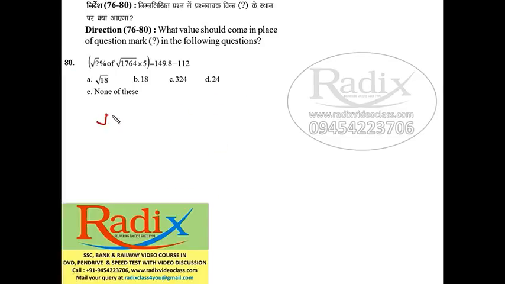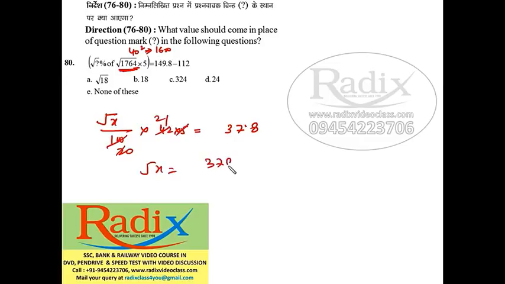See, this is under root x percent, which means divide by 100. Now 1764. See, 40 square is 1600. This is 1764. Last digit is 4, so it would be 42, 5 into... is equal to 1. Now subtract this, 0.873. Right. So under root x would be 37 8 upon 21, because we have removed one decimal by this point, right? We have removed one decimal by this 10.